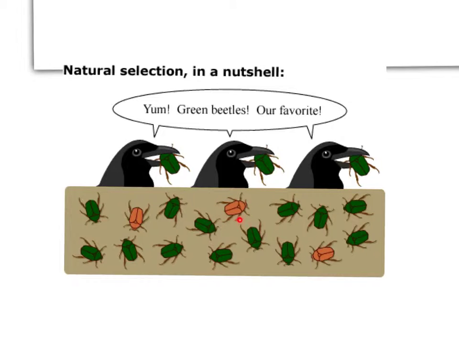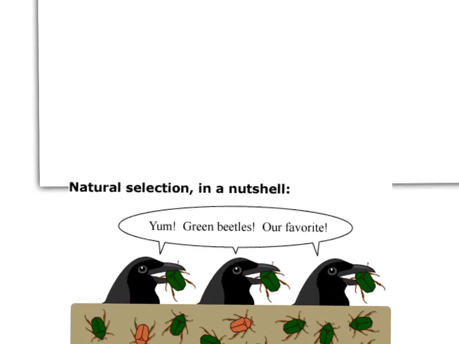So variation means that we have green ones and we have orange ones, but the orange ones are better adapted, because they're more difficult to see and therefore less likely to be eaten. They therefore survive, and they pass their genes for having orange colour onto the next generation, so the next generation tend to have orange colour. So that links the idea of